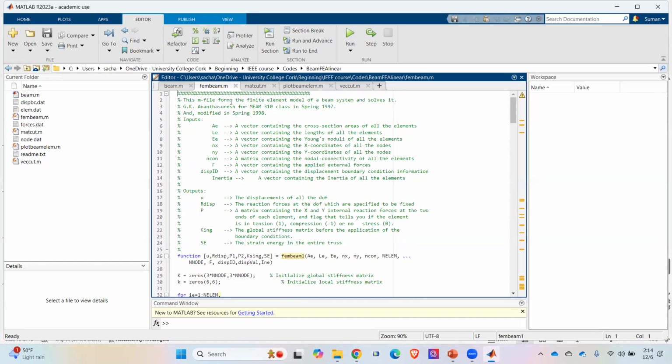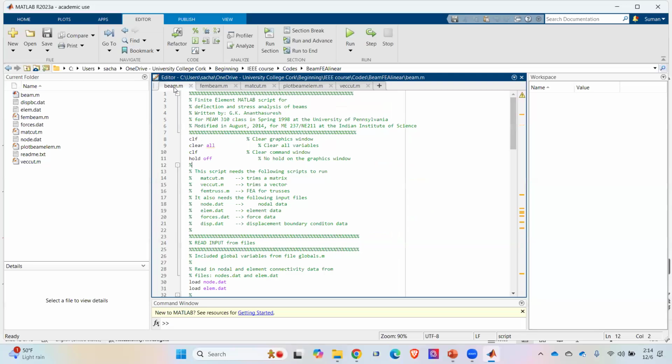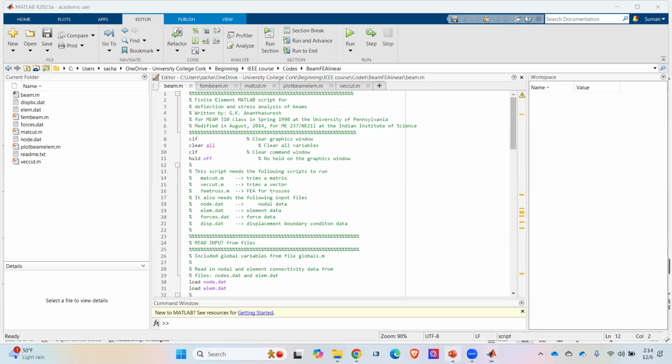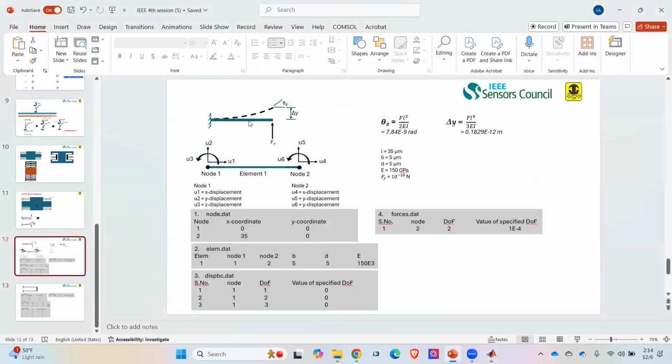So you don't need to touch anything on FEM beam, matcut, plot beam, or matcut. And you will be running this one, beam.m. Before running the code, you have to make a design. Since I'm working on a cantilever beam, what I'll do is